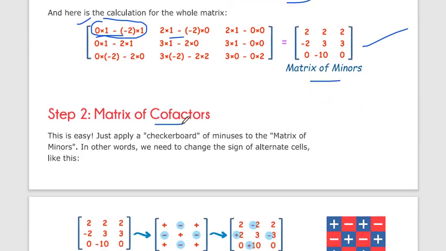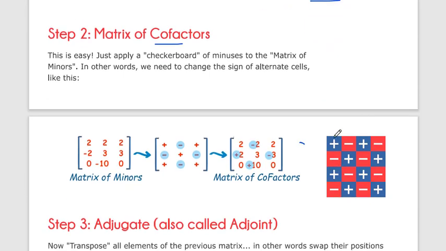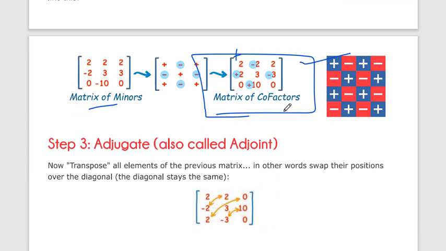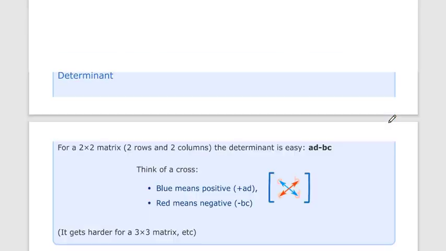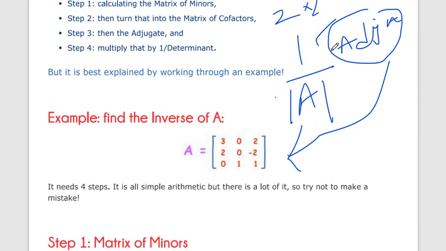Now the matrix of cofactors. In cofactors we only change the sign. How do we change the sign? Like this: plus minus plus minus. The first row, first column always has plus, then after that minus, plus, then minus, plus, minus, plus. So we change the signs of the matrix of minors, and this becomes the matrix of cofactors. Now transpose this cofactor matrix, so we get the adjoint of the matrix. This is the equation.